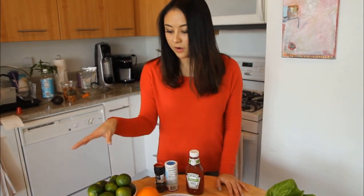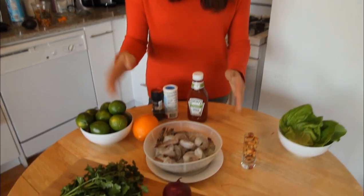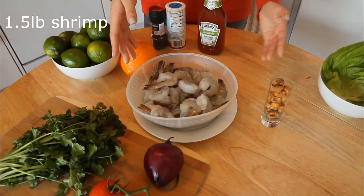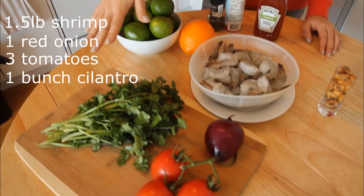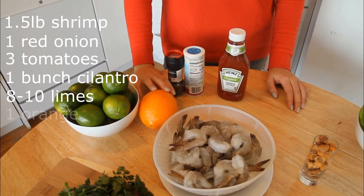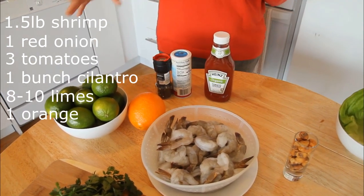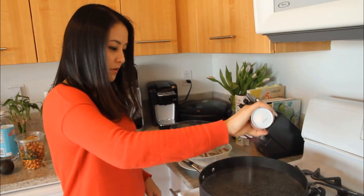So there's just very few ingredients that we need for this. We need some peeled and clean shrimp, red onion, a couple of tomatoes, a bunch of cilantro, a lot of lime, and also juice of the orange. And then in terms of condiments, we've got ketchup, salt, and pepper. So very easy. So you just probably want to salt